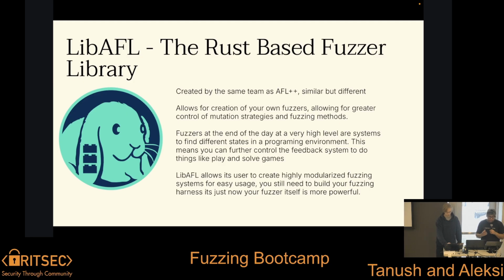One of the systems for this is libafl. libafl is a library for building custom fuzzers. It's made by the same team as AFL++. The main difference is it's in Rust, and now you're writing your fuzzer as well as your own harnesses. So it's two layers, and it's important to remember the difference between these two layers. That'll come up in some time. But libafl has a bunch of powerful extensions and additions that make it very useful when you're fuzzing complicated targets.